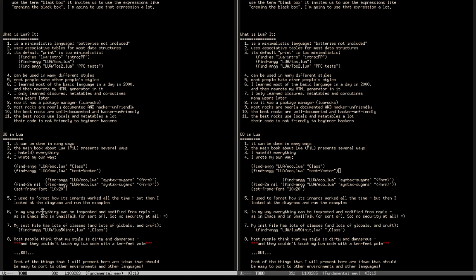And every time that I forgot how this thing worked, I went back to the source code, and then I looked at the diagrams, or of course in the first time I had to draw the diagrams, and I ran the examples. And of course in the beginning I thought that the code was clear, so my examples were very brief, and so I had to rewrite the examples many times until they became, let's say, perfect.